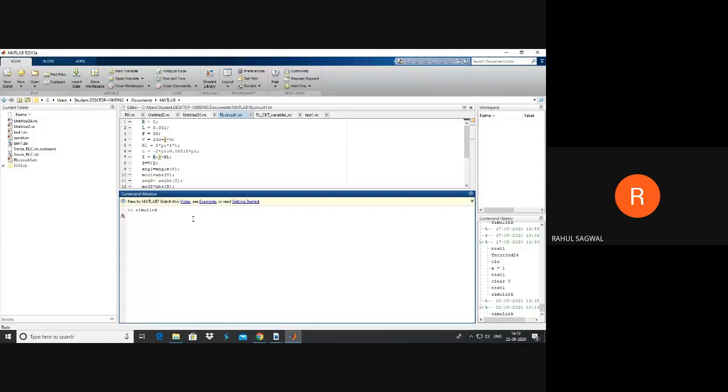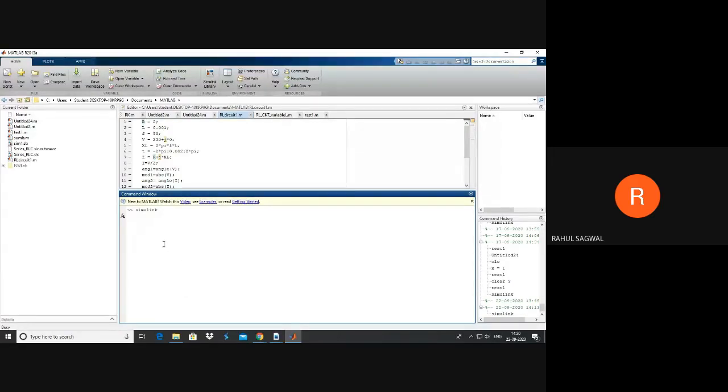So to start Simulink, you can simply write the command Simulink in the command window, and the Simulink library will open, or you can click here Simulink library directly from this toolbox. Let's wait as this command window is busy.